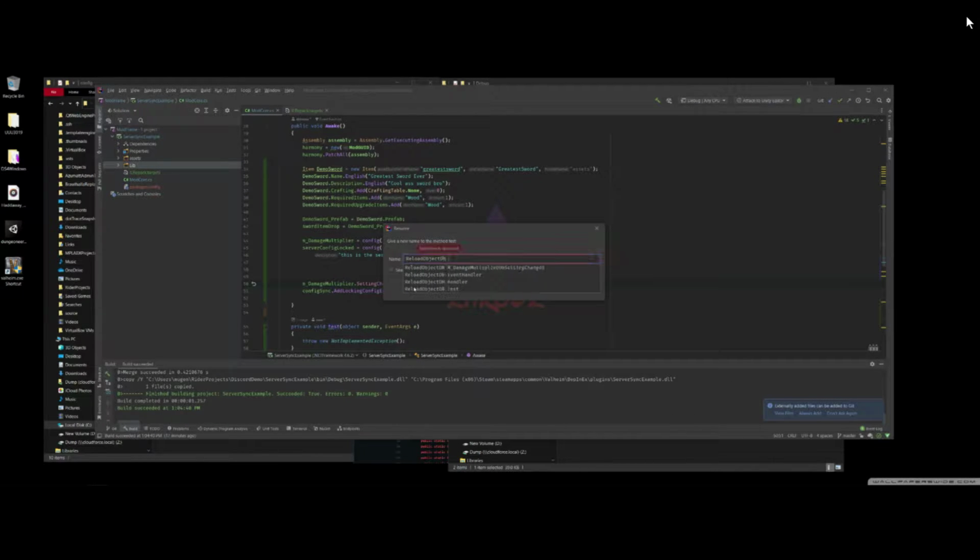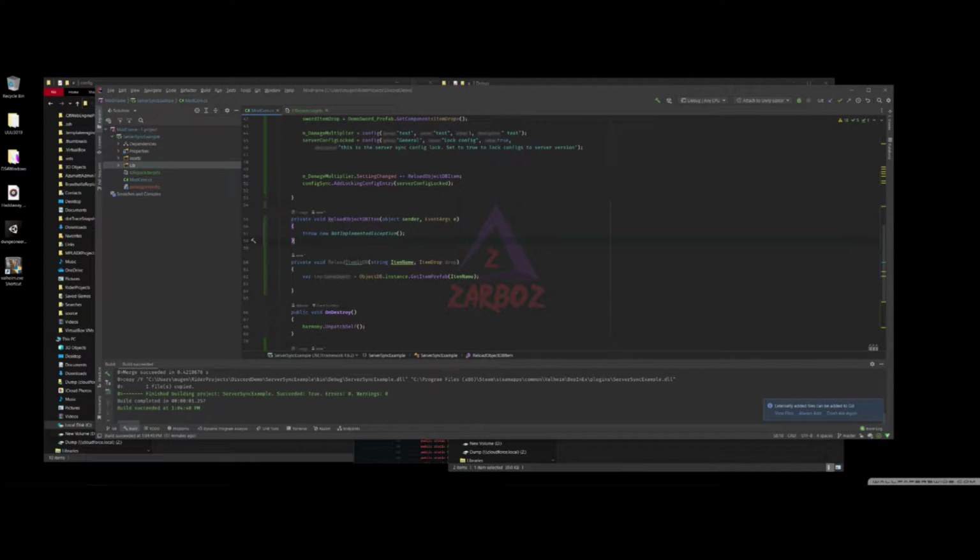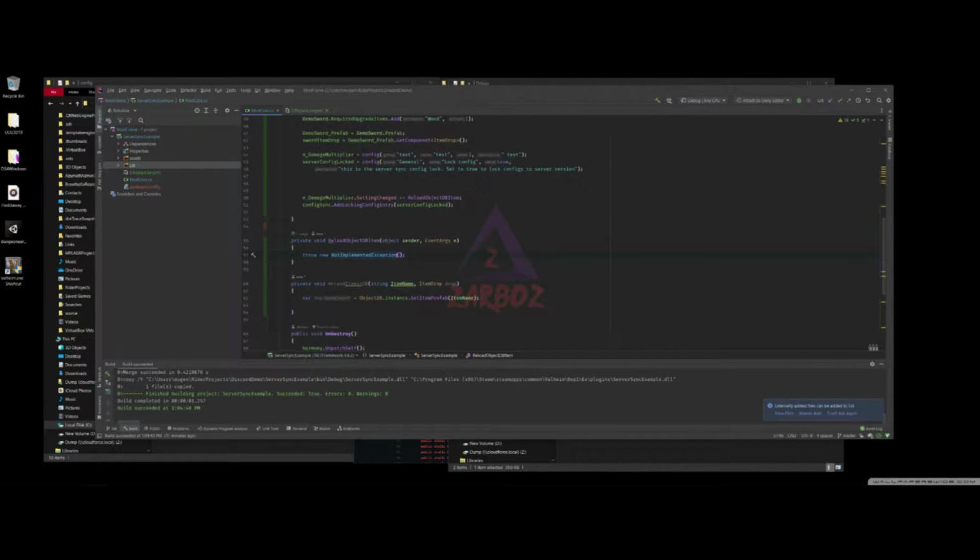Reload object db item. Okay. So somehow we're going to scheme a method, and I'm going to do my best